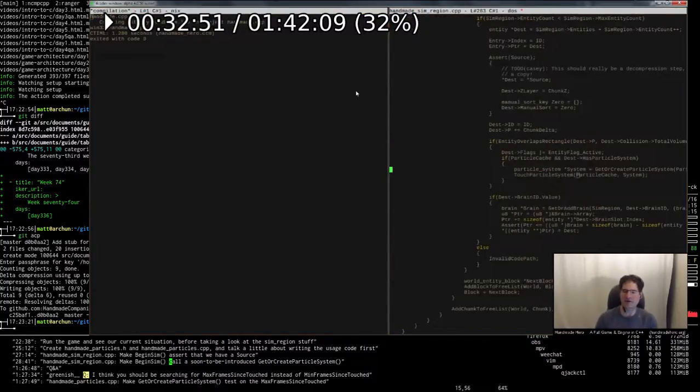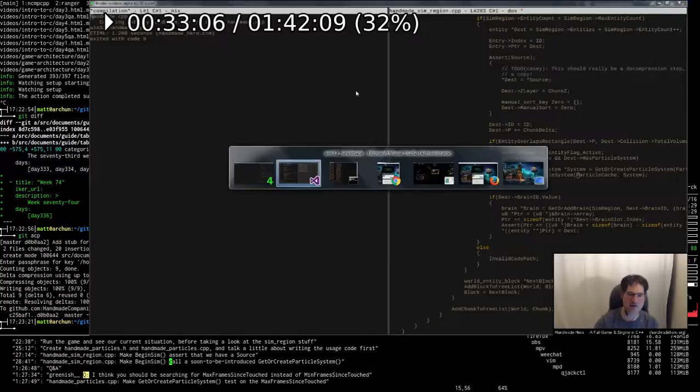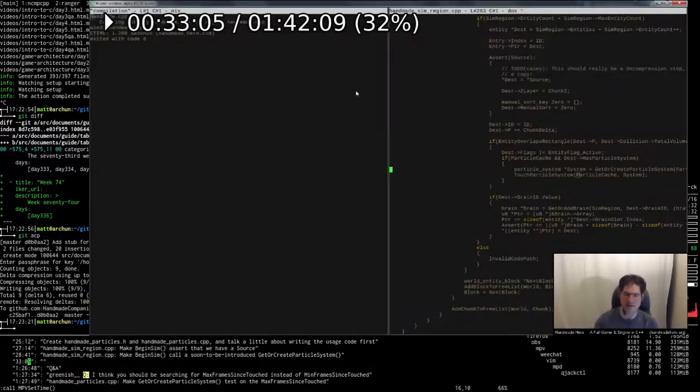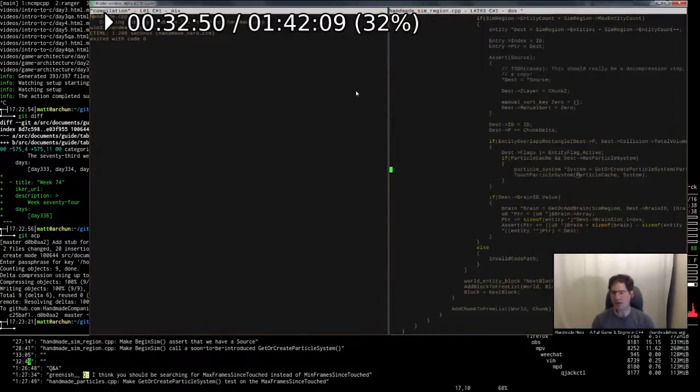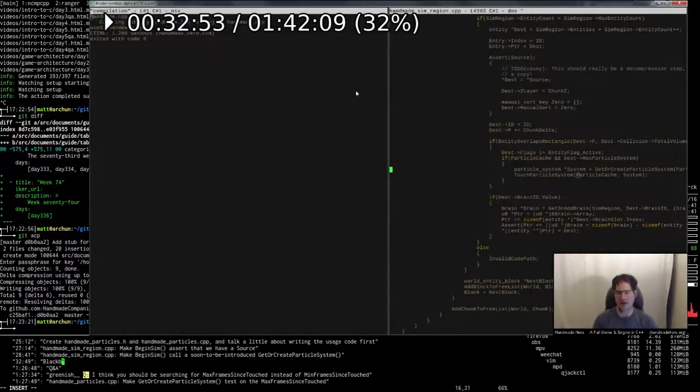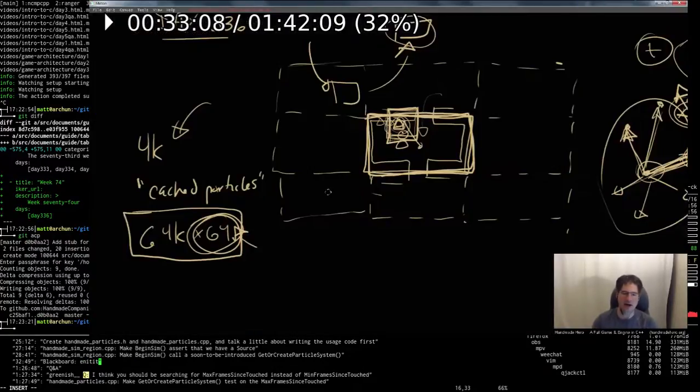And the reason that that's important, I think, is because if we have this particle system cache, I don't know that we want to always require all of our entity code to be intelligent about shutting down the particle systems when necessary. And what I mean by that is just that, okay, so in a cache scheme, you typically have